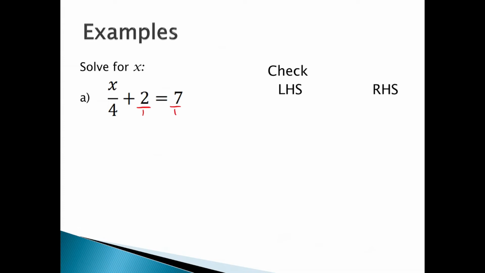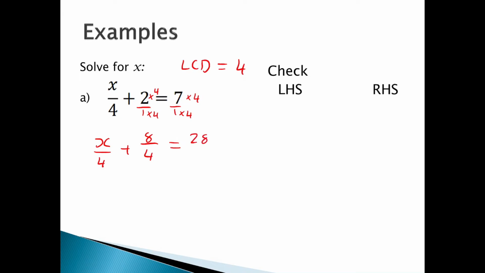Now, I cannot make 4 become 1, but I can make 1 become 4, which means my LCD for this one is going to be 4. Now what I need to do next is correct the numerator for those that do not have the LCD of 4. So I need to times this denominator by 4, and what I do to the bottom, I need to do to the top. Then I need to multiply this one by 4, and what I do to the bottom, I do to the top. So now I'm going to have x over 4 plus 8 over 4